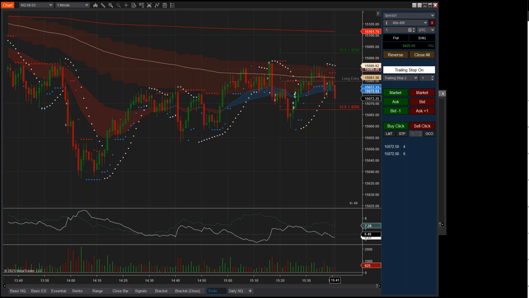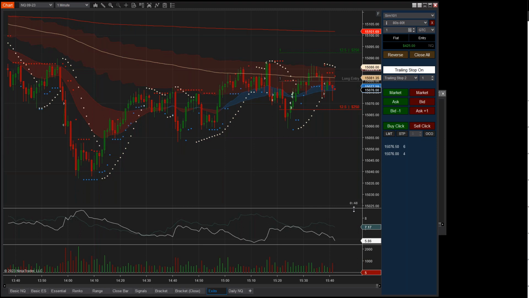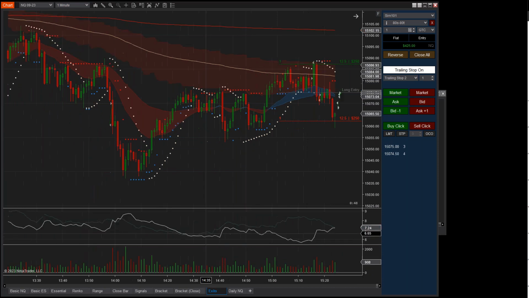So if you look down here, the ATR is 6.25 points on NASDAQ. So right now I have this configured. I turn this on, it's going to be 2 times the ATR. That's why you have a 12.5 target and a 12.5 stop right there. So again, you're able to vary, let's take a look here, you're able to vary your targets and your stops based on how much the market is moving.